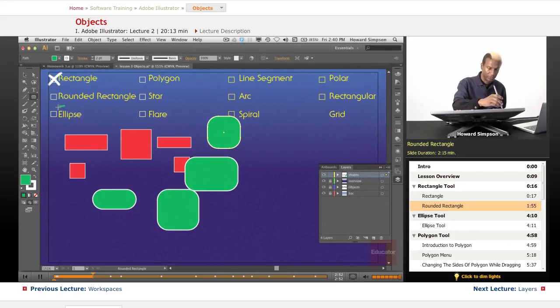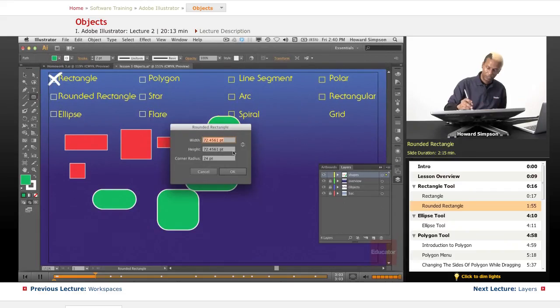So let's try that with the ellipse because I'm finished with the rounded rectangle. Oh, one more point with the rounded rectangle. Not quite finished yet, so double click here, and again you can see the points there. I can change the radius here with the rounded rectangle and put any numerical value I want, but